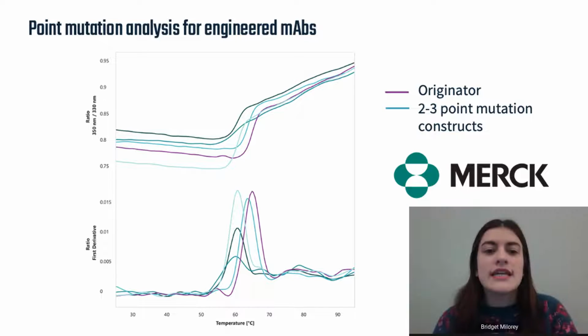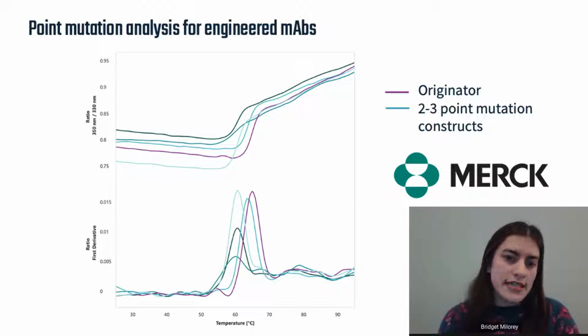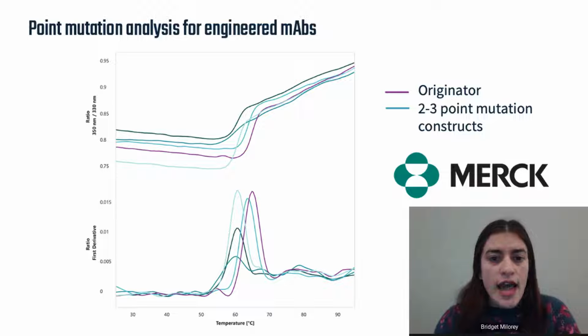So, Bridget? Yeah, so first of all, let's take a look at the figure as a whole. I want to point out that you have this originator or parent mAb that is appearing as the purple data set. If you look at the unfolding profile on the top panel, this is the profile that has the highest TM value. And you can see there are subtle shifts in TM when you're looking at these teal data sets, which have 2 to 3 point mutations in the construct when compared to the